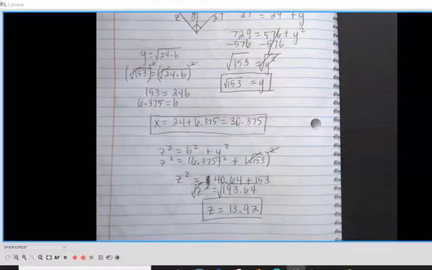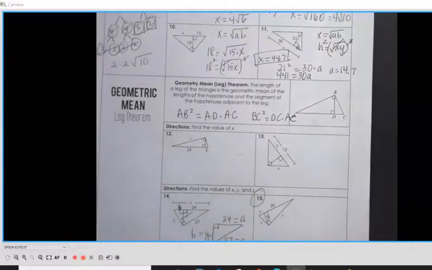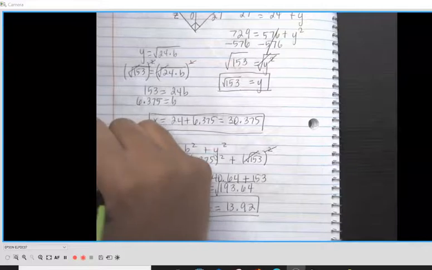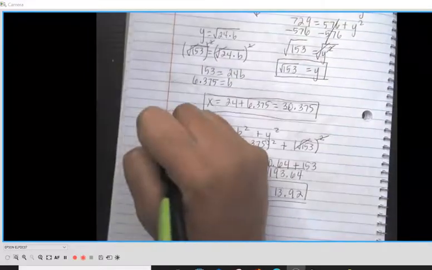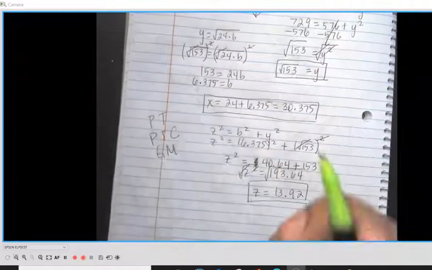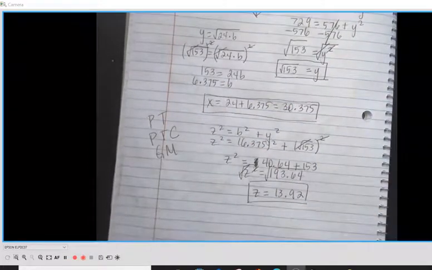I do recommend that you try any of the ones in the practice that are not completed. And don't forget that you had a homework on this that was similarity and geometric mean. I don't have that paper though. Just to recap, the quiz is definitely going to be over the Pythagorean theorem, the Pythagorean theorem converse, where you classify, geometric mean, and now let's talk about